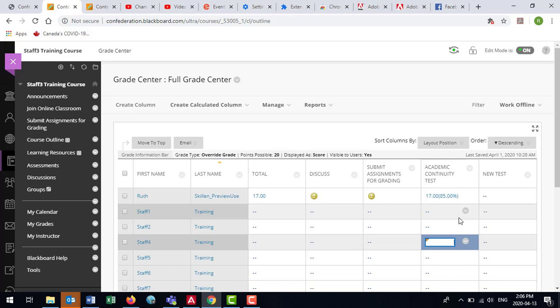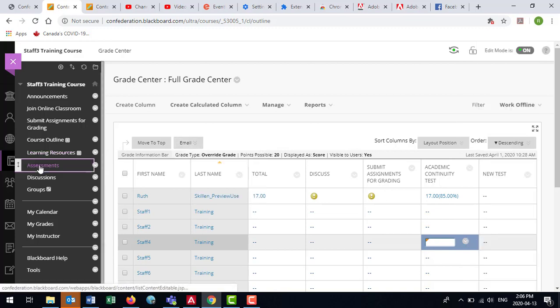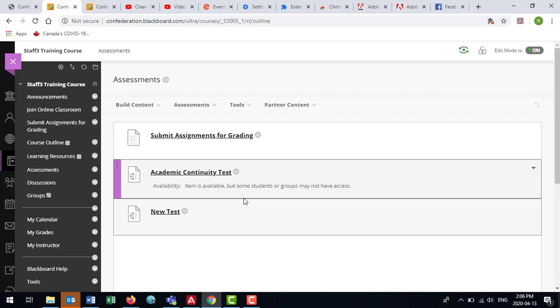So if you're looking for more advanced knowledge of how your test is functioning, there is another option which would allow you to do a complete item analysis, and that's going to give you a lot of information about the strength of your specific questions. All right, I'm not going to run through that right now, but I am going to go to where this